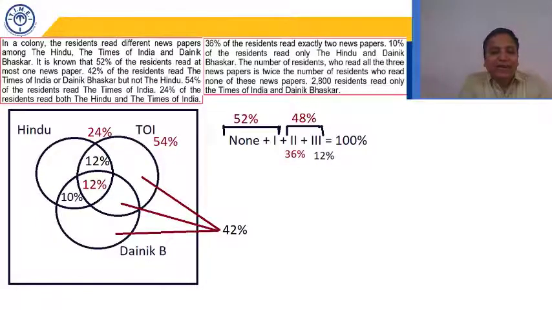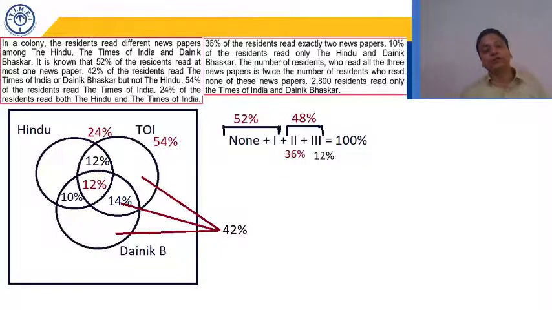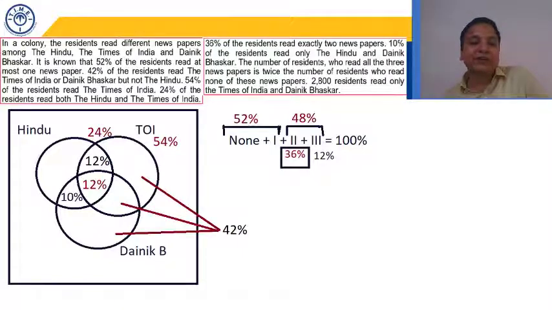Now one thing we know, exactly 2 adds up to 36%. Three regions come under exactly 2, out of which two we had already marked. Their sum of all the three has to be 36%. So 12 plus 10 is 22%. If I subtract from 36, how much am I left with? 14%. Because exactly 2 is 36%, which is the sum of these three regions, and 10 plus 12% is 22%. Subtract from 36, I am getting 14%.